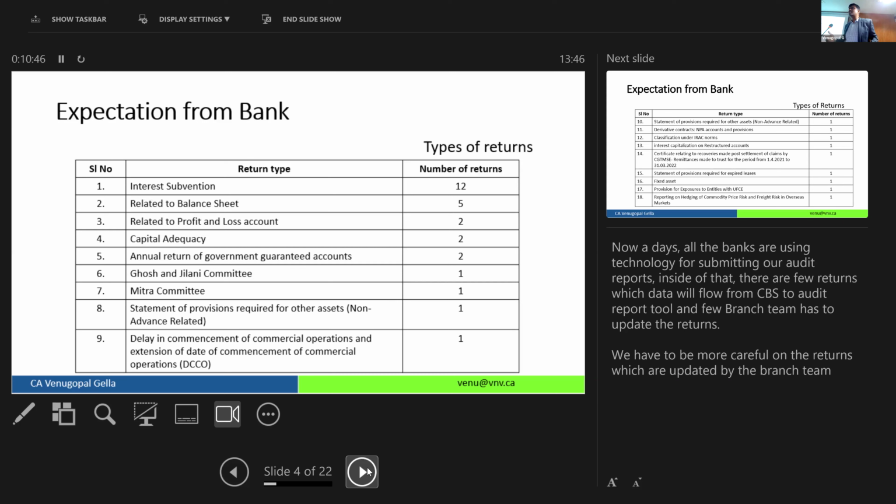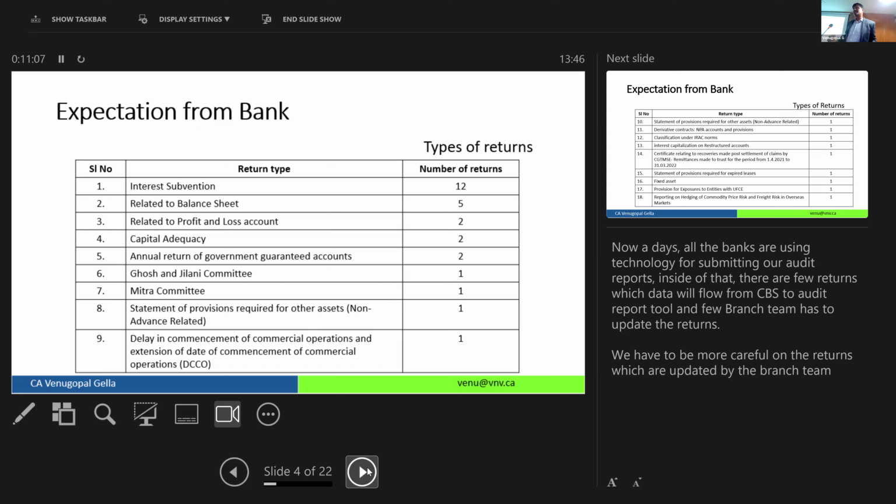Again, most of the criteria for these subventions is repayment in time. If the borrower has paid the money in time, on that basis the subvention is provided and there will be relief. So the loan is renewed on time or repayments are on time. So various criteria are there.